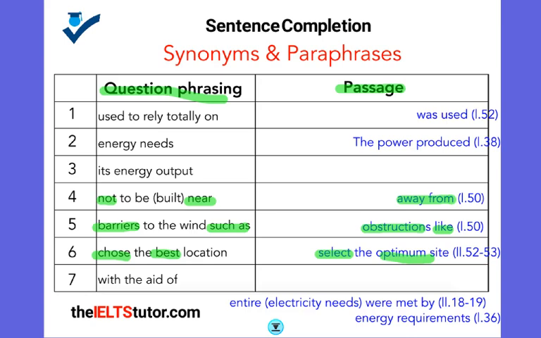Number 3, it's energy output. What's another word for energy? Now, if you have identified the synonym for energy as power, you're absolutely right. So the power produced. Okay, so energy is power. Output has the same meaning as the word produced. Okay, and then we have